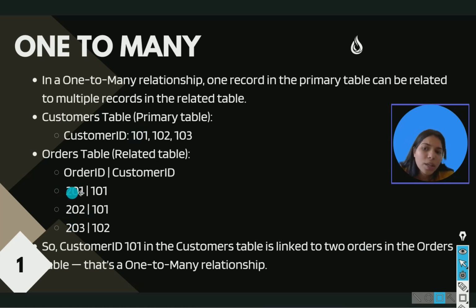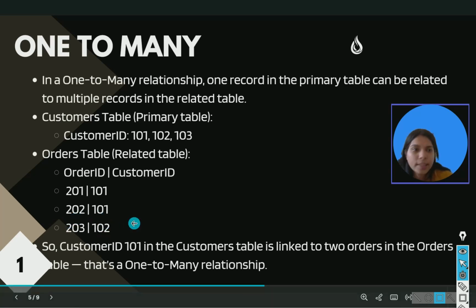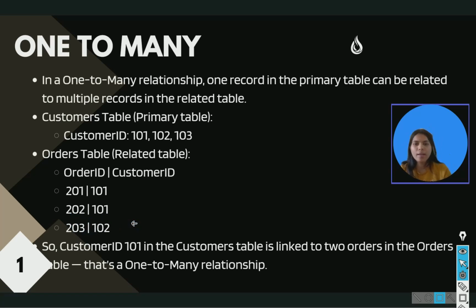That is what, because look, 101 is with 201 and also with 202. So 101 will be connected to 201, then 101 will be connected to 202. Again, 102 will be connected only to 203, because here it is so. This is what we call one to many. Okay, now